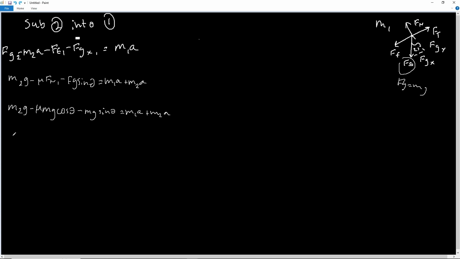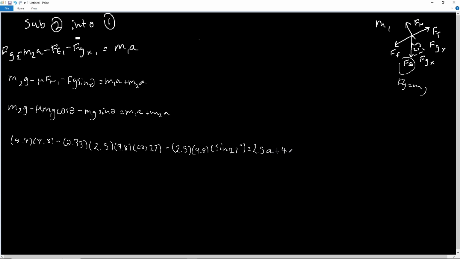So now we can get into plugging. m2 was 4.4 times 9.8, minus 0.33 times m1g, which would be 2.5 and 9.8, cosine of 27, minus m1 again, so 2.5, 9.8, sine 27, equals